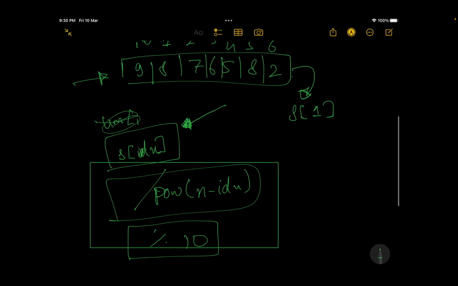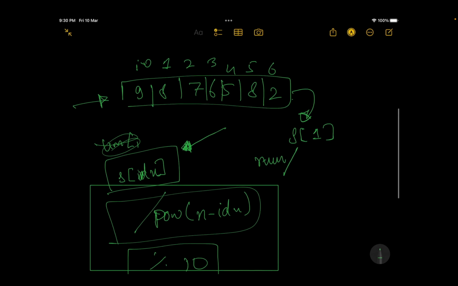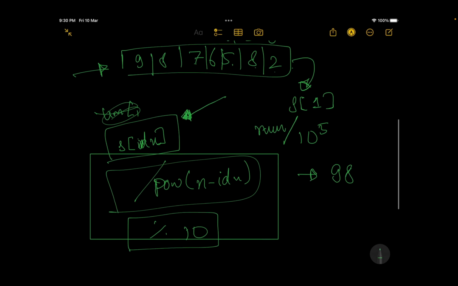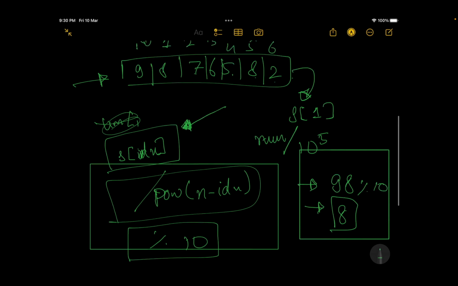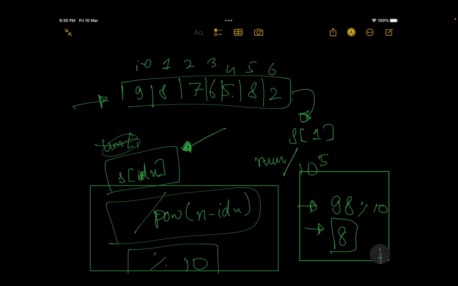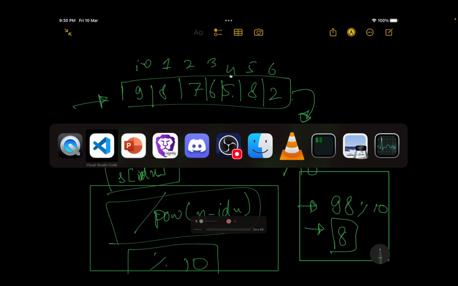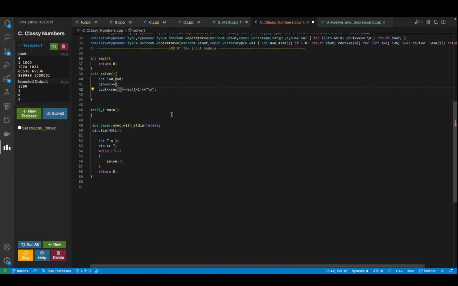If it's in the form of a number, then I'll have to divide this number by, okay, what is the number of digits after this? 1, 2, 3, 4, 5. So the number divided by 10 to the power 5 would give 98. And then you take a modulus 10, and you'll get an 8. So this particular approach is a bit lengthy. So I prefer to convert it into a string and then utilize it further. So that's what I'm going to do over here itself.